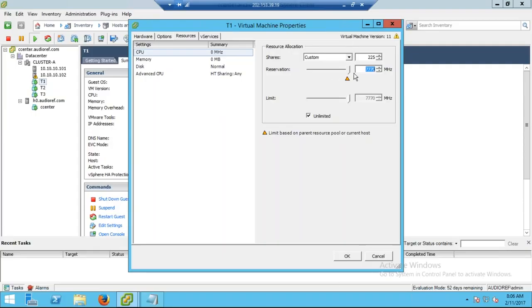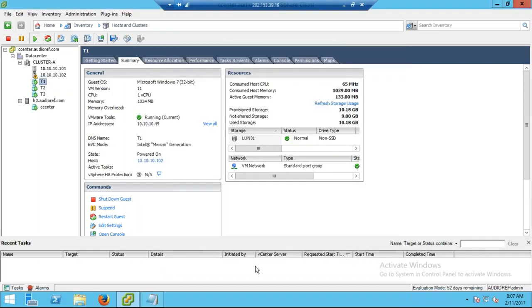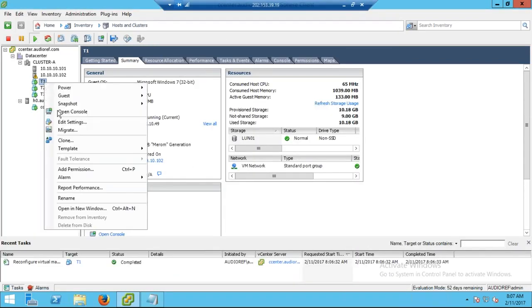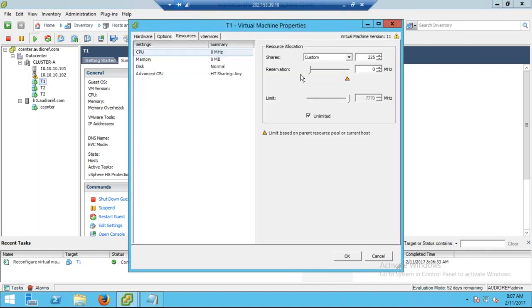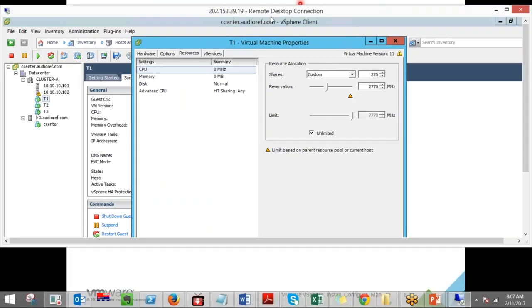So if reservation is not guaranteed, your virtual machine cannot power on. That is not a problem. But while powering on, it will validate your resource reservation. Okay, fine. Using the reservation as per this diagram,